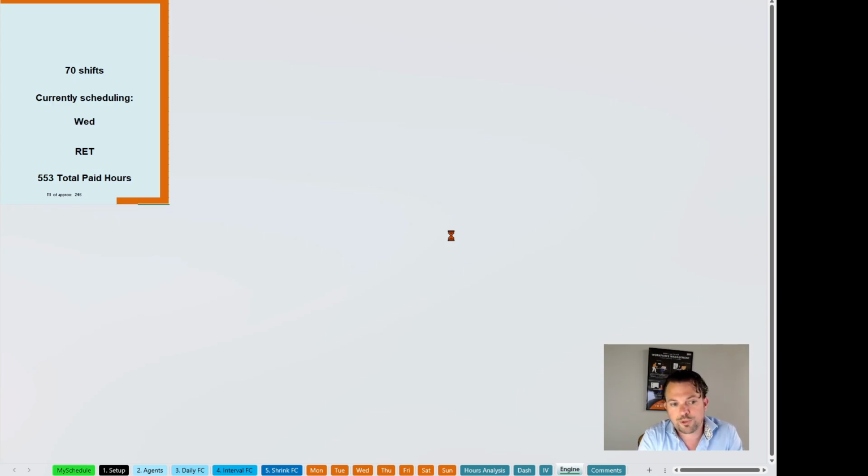Of course, this can pose some problems. For example, if you always apply the same order when scheduling people, then the algorithm will tend to always produce the same kind of schedules for everyone. So we have some randomization settings in the setup which can actually account for that and make sure that you don't have everyone getting the same shifts over and over again. But of course, if you have different holidays, it will already find different variations of the schedule. But in a situation where not a lot of people have time off, then there's a risk of having repetitive